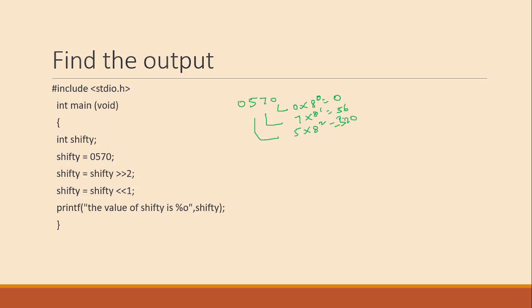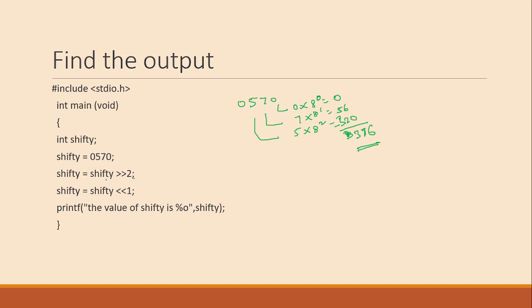So 320 plus 56 is 376. So the answer is 376. Okay, so when we have 376,